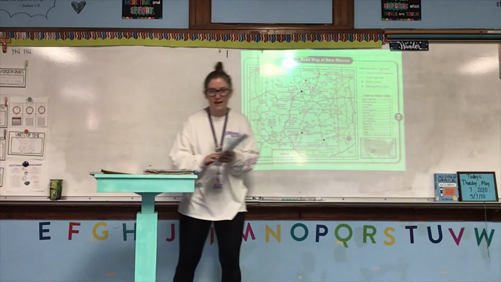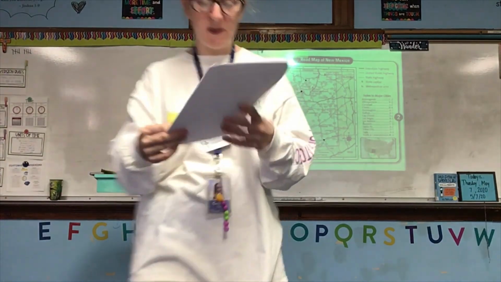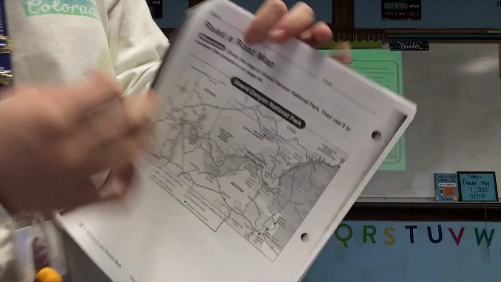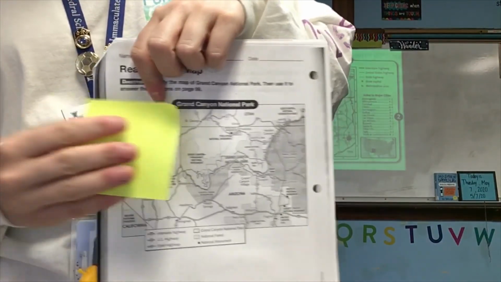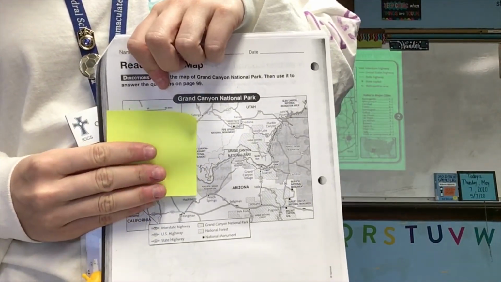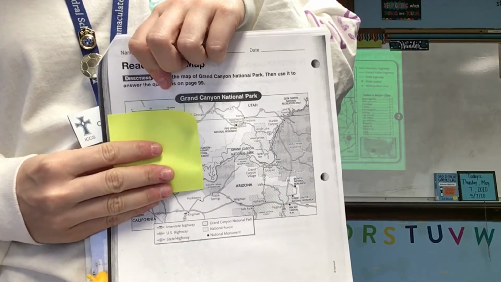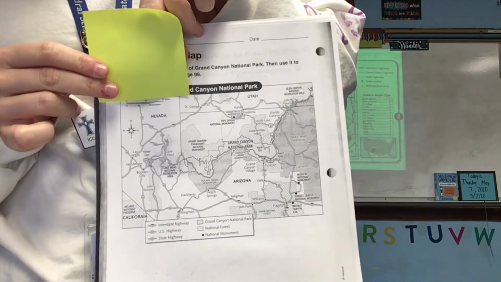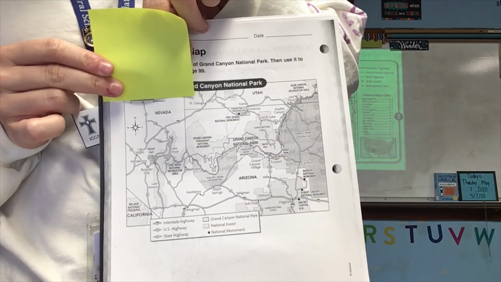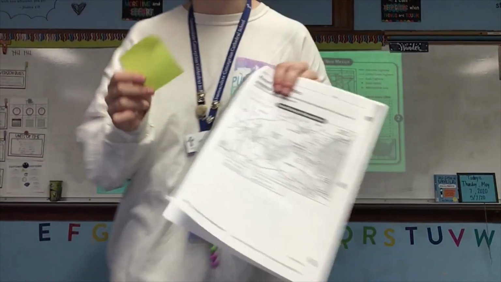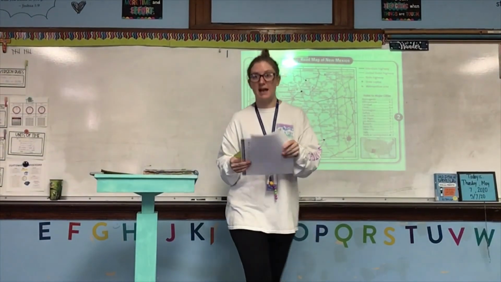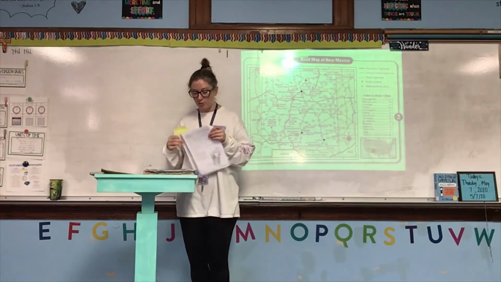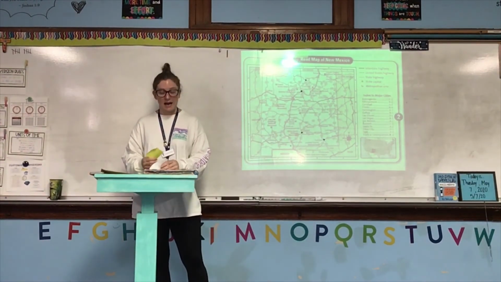Now, once you've done that, take your Post-it, line it up with the map scale up here, line it up with the miles first, and then label it, and then go up and then label it with the kilometers, because there might be some questions that ask you about kilometers and some that ask you about miles. So make sure you're using the correct side of your Post-it